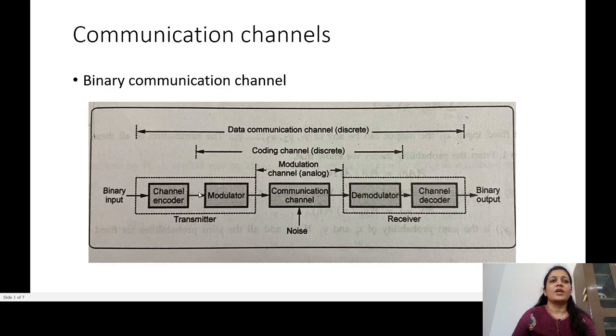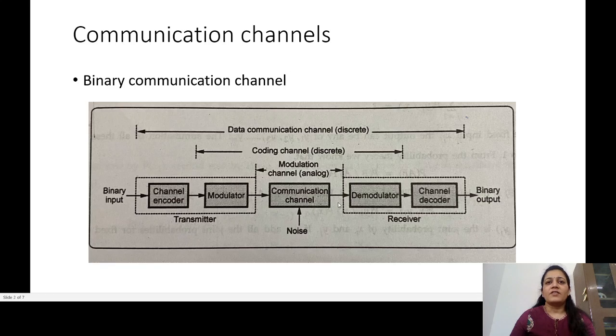Those extra bits that our channel encoder is adding are called redundant check bits. They are redundant because they are not giving any information to us, and since they are used to check the errors, they are called check bits. So the actual information, which is binary data, plus the check bits will be given to the modulator. This data will be modulated depending upon our channel behavior. A proper modulation scheme will be selected and the modulated signal will be sent over the communication channel.